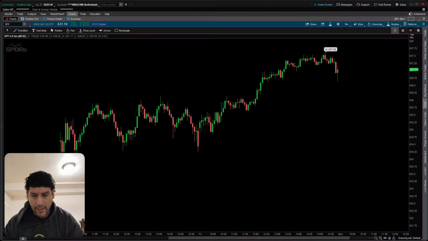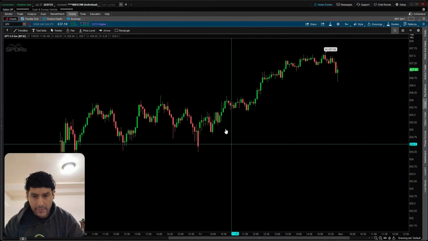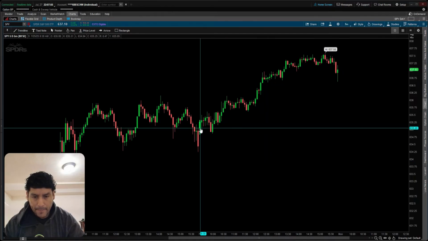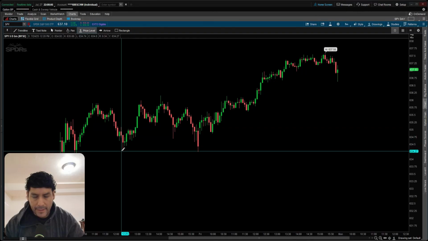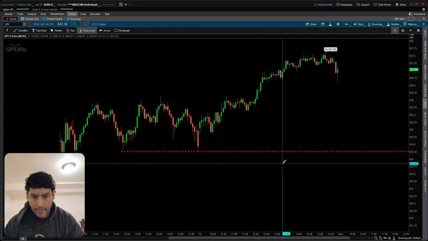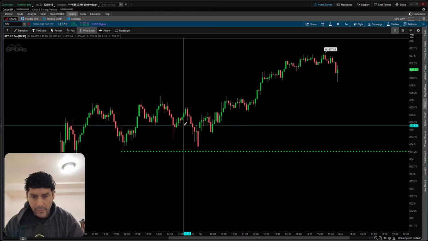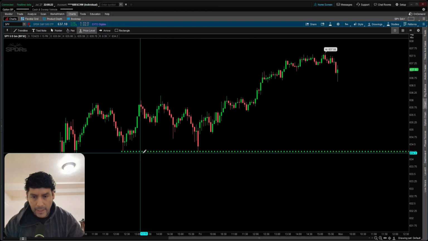How to trade double bottom the right way. On Friday, the price opened above the previous day, and as you can see on the screen, there is a clear double bottom right here. I want to change the color to green to identify it more clearly. As you can see, a clear double bottom. And the best way to enter in call is with three green candles in a row right